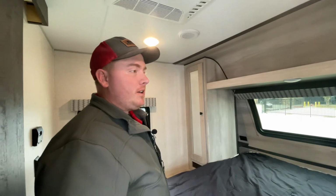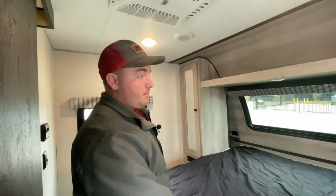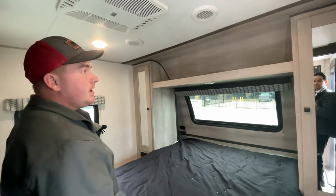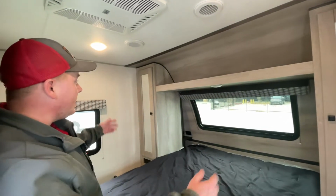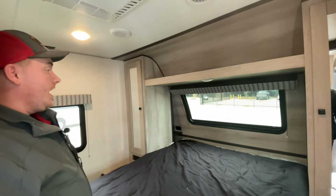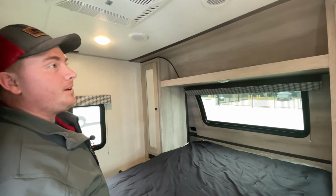I like, you know, maybe a soda while I'm going to sleep, glass of water, something like that. Bam, right there. You have your own storage spots. You want to keep your clothes right there hung up nice so they don't get all wrinkly and such. Bam, you got it. You got windows right here. You're sitting here looking at, I don't know, the Grand Canyon or something like that. Just open up the window and, as you're getting your yawns in, like, wow, this is a pretty